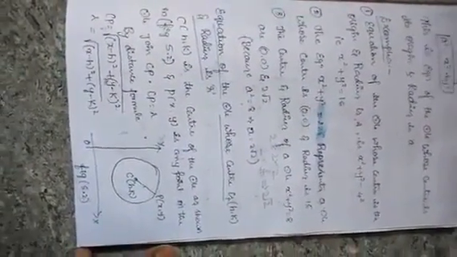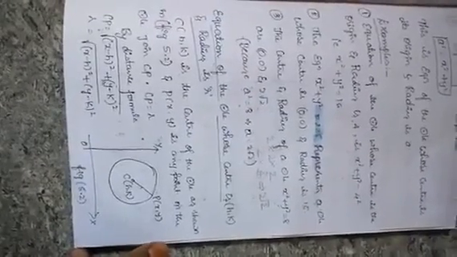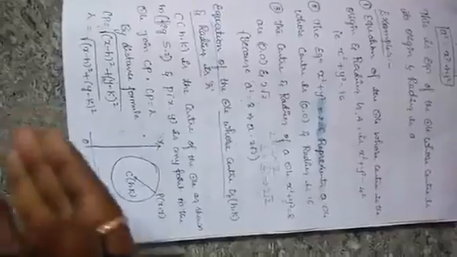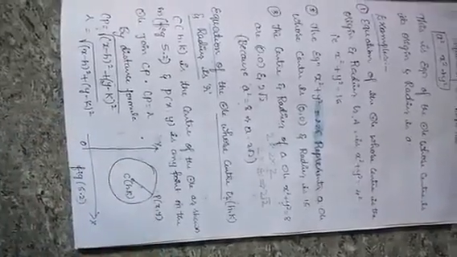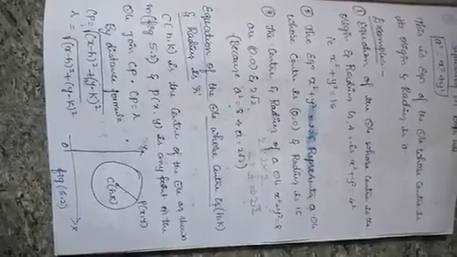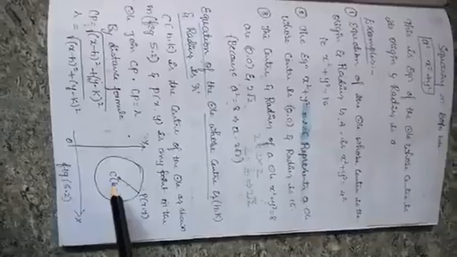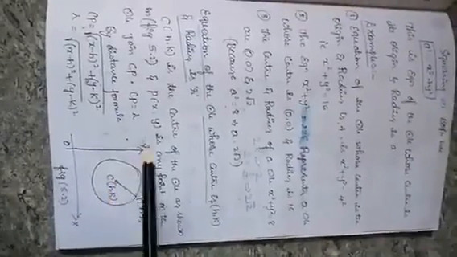Next, the equation of the circle whose center is h comma k and the radius is r. Up to now we discussed the center 0 comma 0 and the radius. Now we shall discuss the equation of the circle with some general points. C equals h comma k is the center of the circle, with some numbers like h equals 5, k equals 4, as shown in the figure.